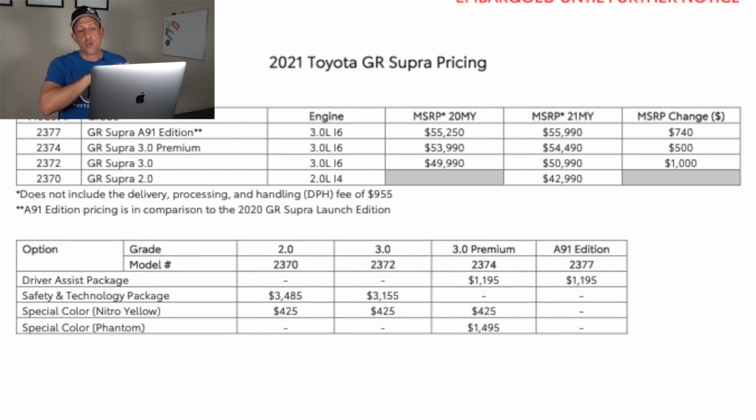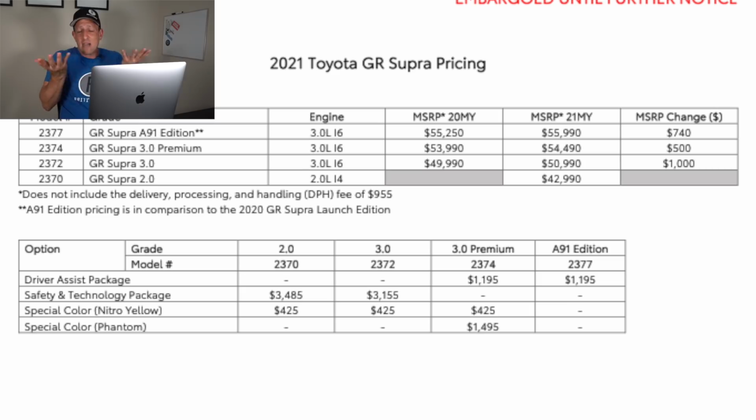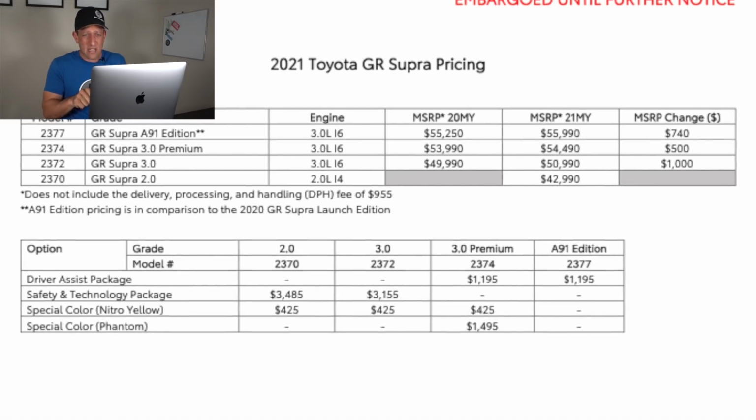And if you look for 2021, the column right next to it, we're now looking at $55,990. So you're looking at an increase of $740. So that's the good news there. We're not talking about thousands. We're talking about $740. The 3.0 premium, which would be the one that I would get if you didn't want the special edition,